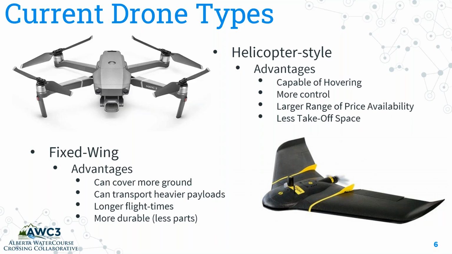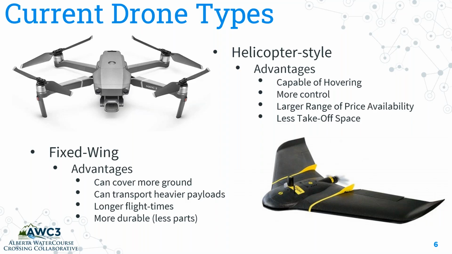When we talk about fixed wing drones, some of you might think of the US military Predator drones. Those certainly apply, but the photo that we have here in the bottom right is an eBee drone from senseFly. And the advantages that fixed wing drones have are the advantages planes have over helicopters, is that they can cover more ground